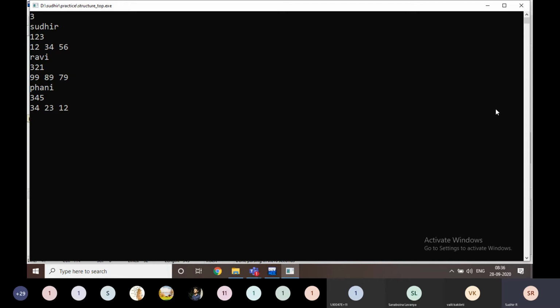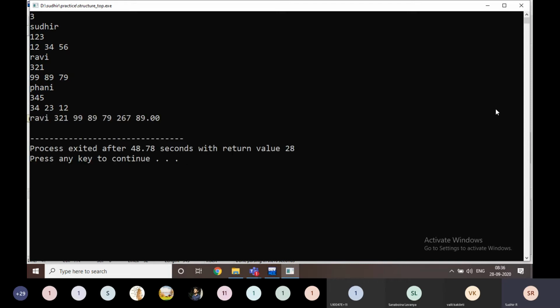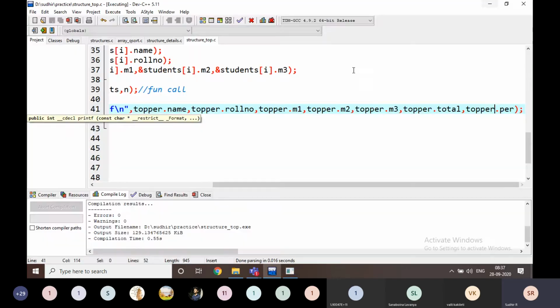Who got the highest marks? No doubt about that, Ravi got the highest marks. Just look here. I am going to return who got the highest marks. I am going to display the data of that student only. Are you catching my point or not? What am I writing inside the logic?